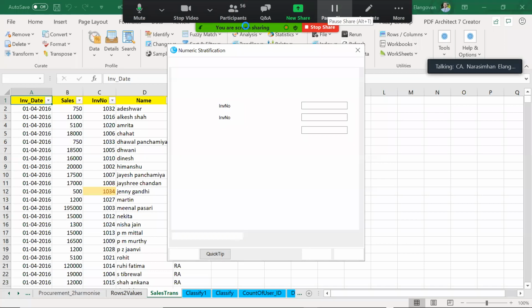I'm just pausing the share for a minute. Let me see what the issue is. It's taking a little longer than normal. Let me just refresh my screen. All right. I go to data. I click on stratify and I choose numeric.